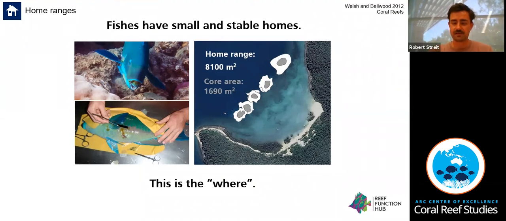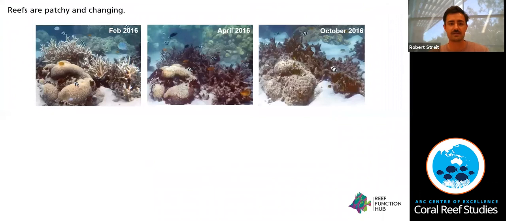But really, when I started my PhD, that wasn't quite enough for my brain. And that was because I started in 2016 when we had the big coral bleaching event on Lizard Island. And these are photos that we actually use in a data set, and I took those in my first PhD year. And what really struck me was the speed of the change of reef. So home ranges are good to know what's happening in the status quo, but seeing how quickly reefs can change in their composition, I wanted to know a bit more